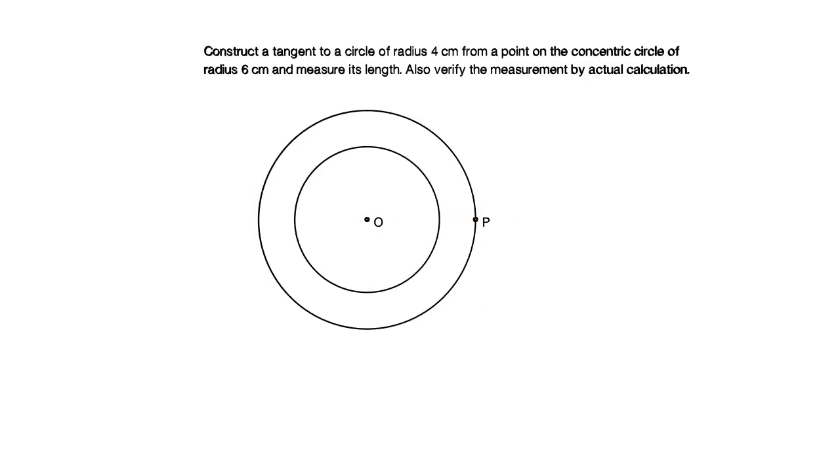So now let us start with the steps to draw the tangent to the concentric circle. Join the point O to P and bisect it, and the point where it is bisecting you need to name it as Q. So let us join OP. Now we need to bisect the line OP. To bisect the line you need to measure some distance more than half of the line OP, more than 50% of the line OP, and you need to draw an arc, one above the line OP and one below the line OP.